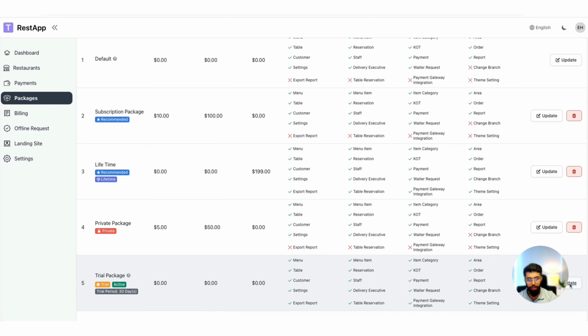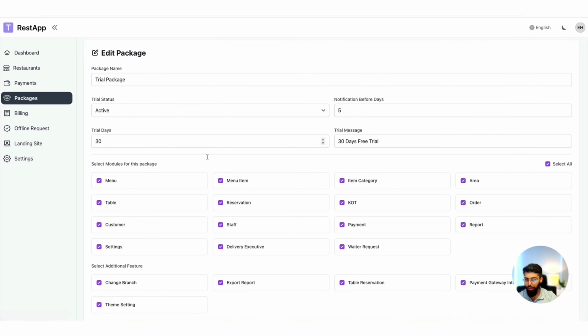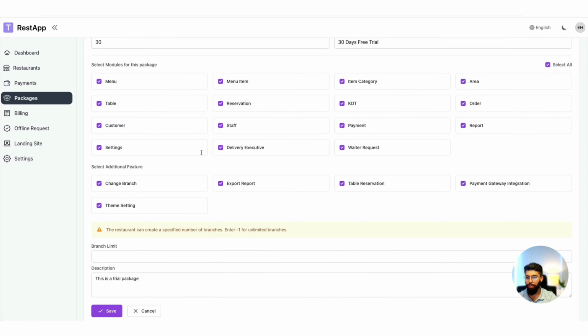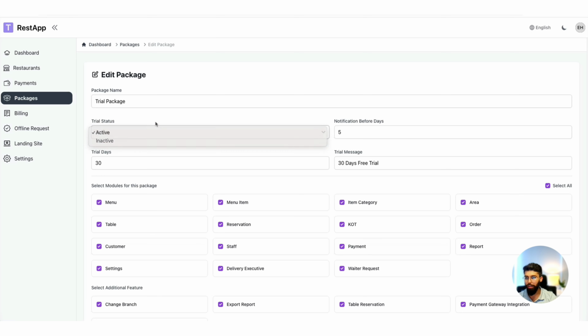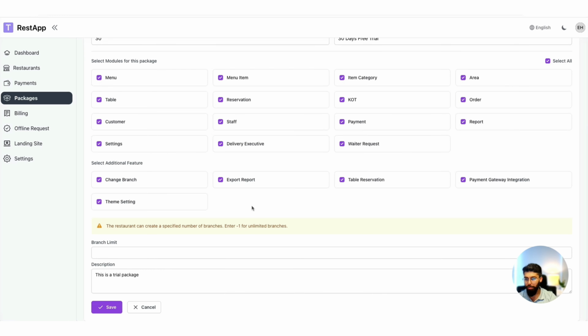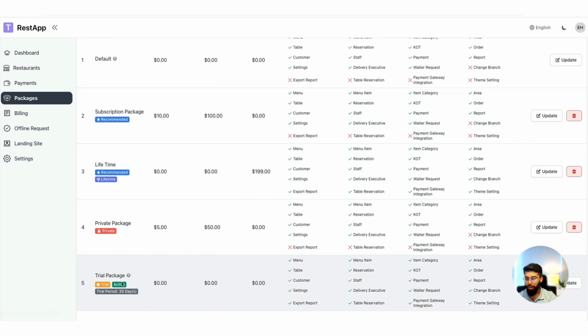At the end there is the trial package. The trial package can be active or inactive. Once the customer signs up for your application, if your trial package is active, he or she will automatically be subscribed to this trial package. You can set the number of days you want to allow for the trial package, set the same module restrictions, and once you enable the trial package, it will get activated and the user will be subscribed to this one after